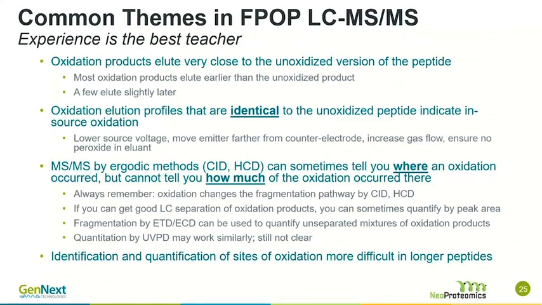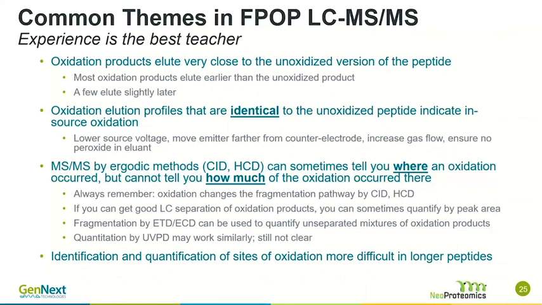Oxidation elution profiles that are identical to the unoxidized peptide are a surefire indication that you have in-source oxidation happening in your electrospray source. So if your oxidized elution profile and your unoxidized elution profile overlap completely, then you need to lower your source voltage or move your emitter farther from the counter electrode or increase your